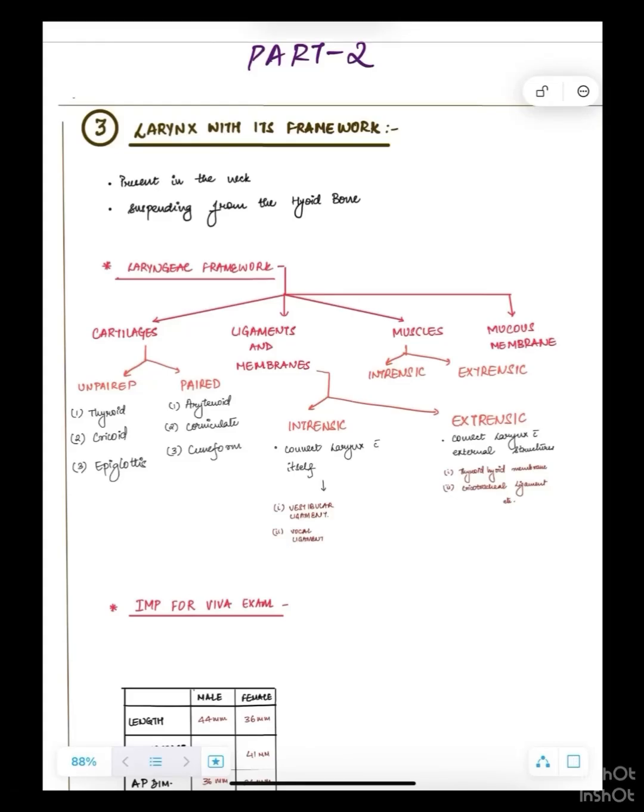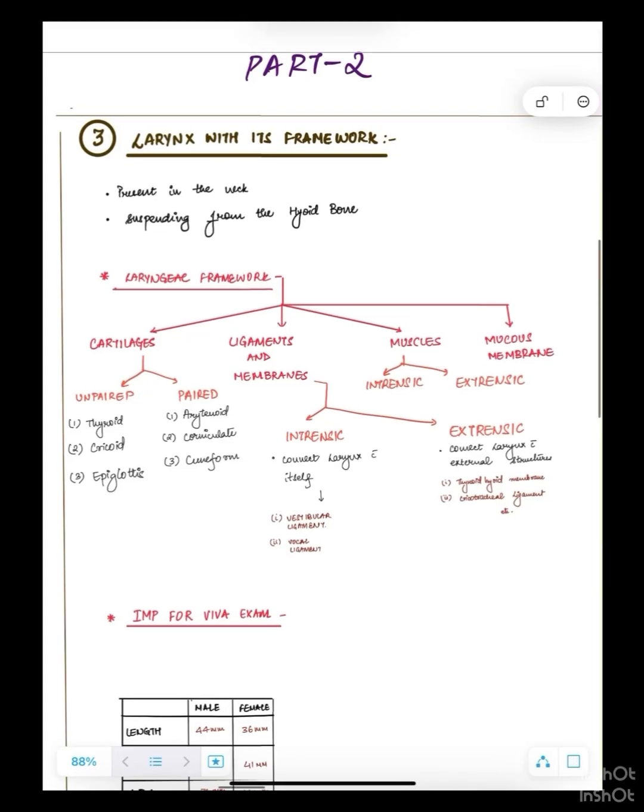Hello everyone, welcome to part 2 of Anatomy of Larynx. In this part 2, we are going to discuss the basic outline about the laryngeal framework as well as the